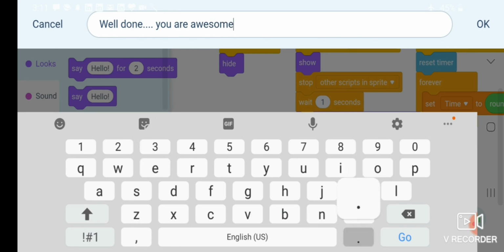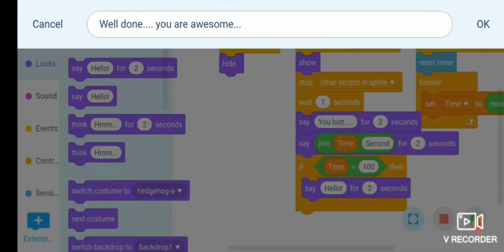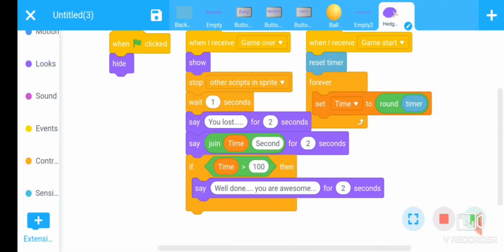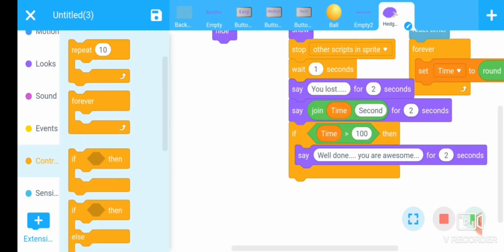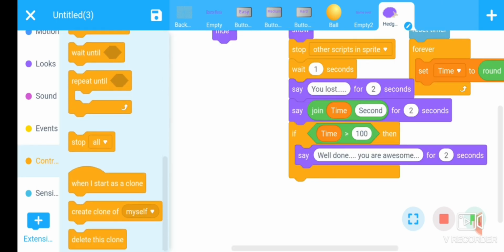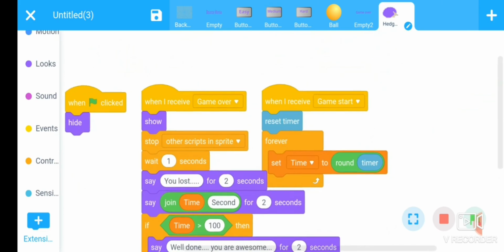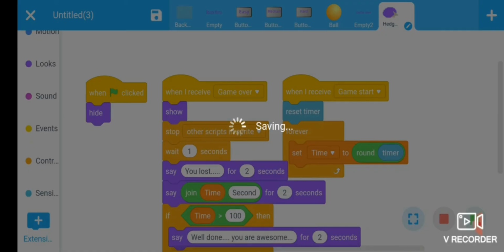Then stop all. Go to the control section. There is a command stop all. Put this command here and then save it.